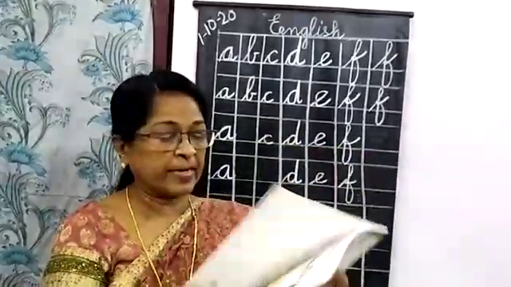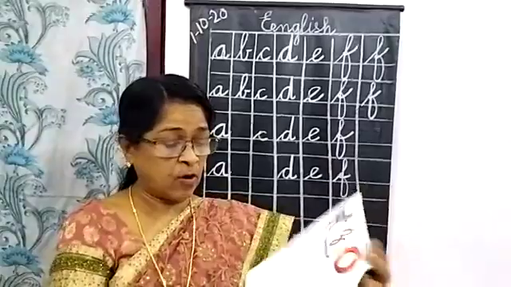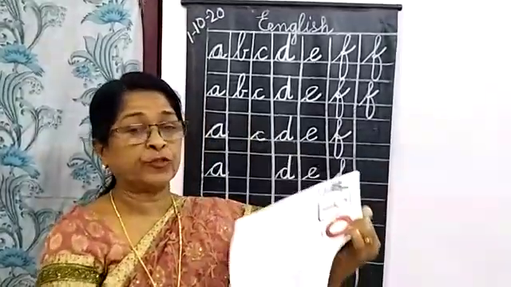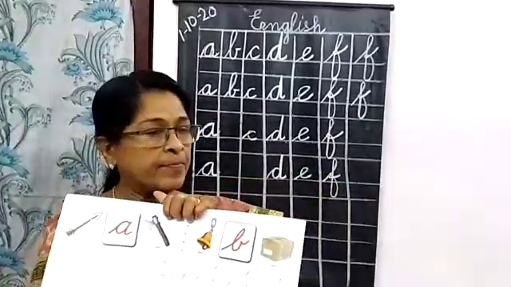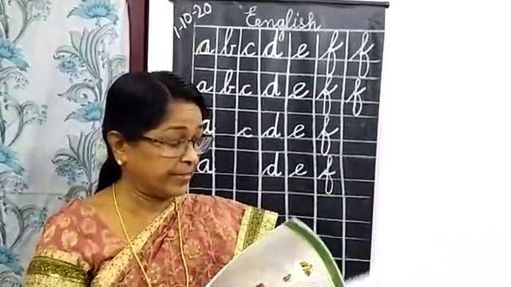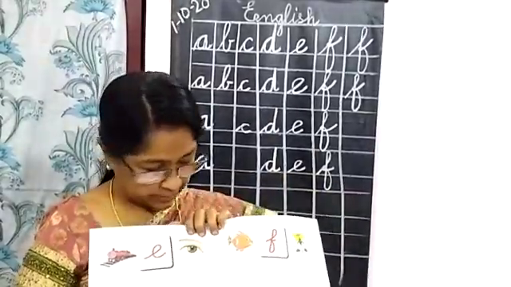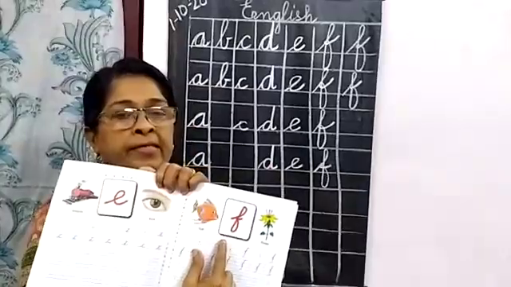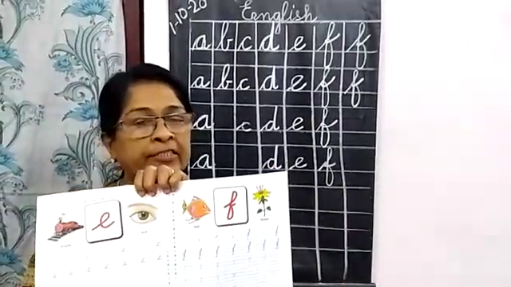Now you have to take your cursive writing book. We have completed all the capital letters. Okay, you have written all the capital letters up to page 29. Now we are writing letter A, B, C. I think some of you have already finished writing A, B, C. Then letter D, small letter E, letter F. That is up to page 35 in this week.